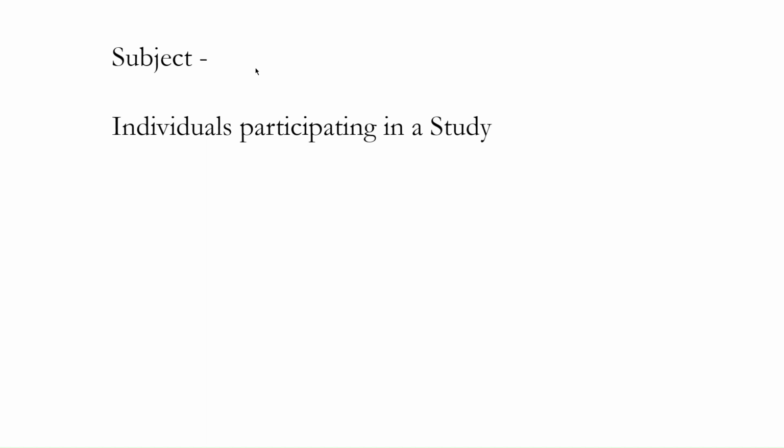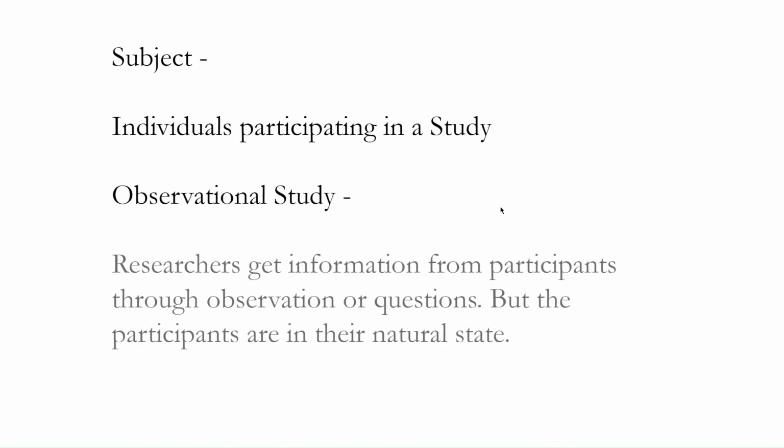What is a subject? The subjects are the individuals participating in a study. And there are two types of studies, an observational study and an experiment. An observational study is when researchers get information from participants through observations or questions, but the participants are in their natural state. Basically, the subjects are how they always are, and the researchers just get information on